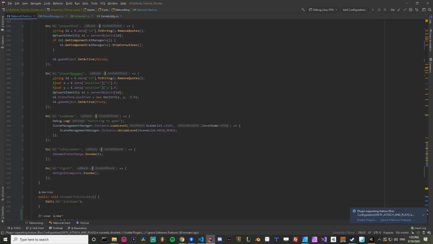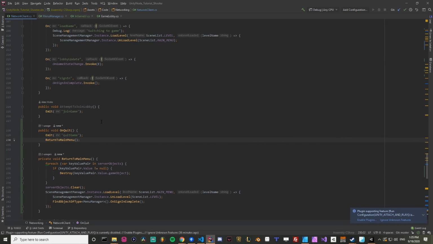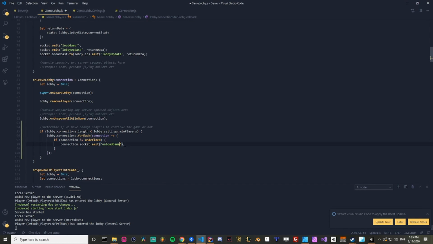I thought it was a default one. I am so sorry, it's been a long day. Anyway, we're going to emit this unload game. Essentially we're telling any players still left in the lobby to unload their game, and then we're all good. Then we're going to say connection.server